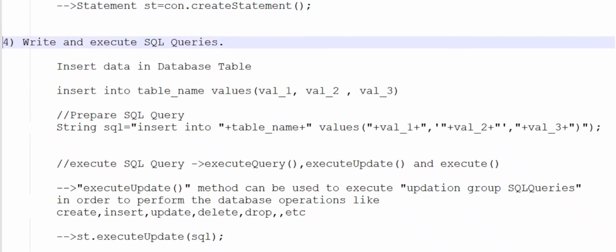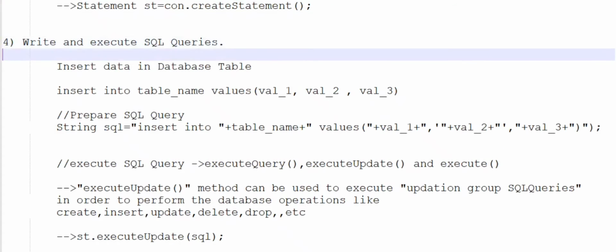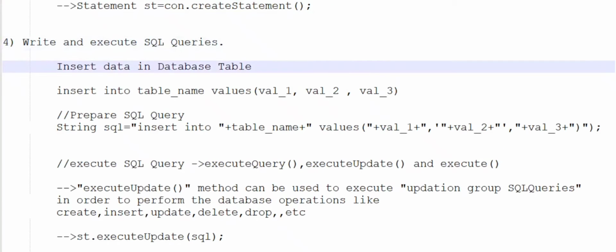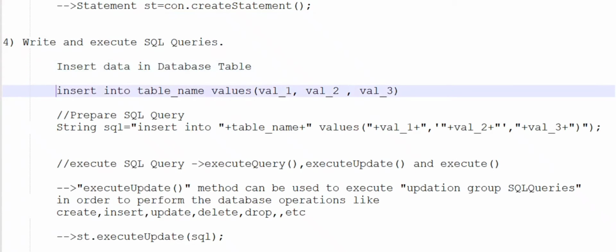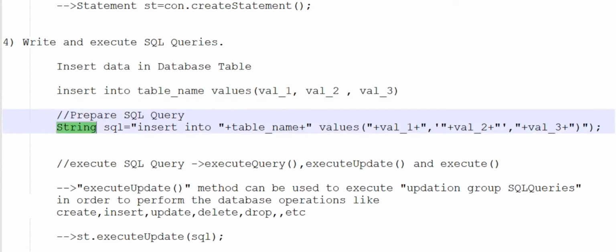Our next step is write and execute SQL queries. As we will insert data in database table, this will be our SQL query: insert into table name values, and in parameter we will write the required values to insert in database table. Now, to prepare SQL queries, we must remember that it should be in only string format.